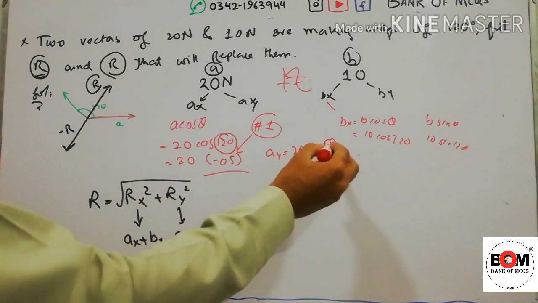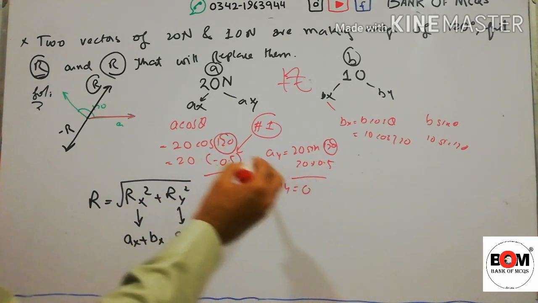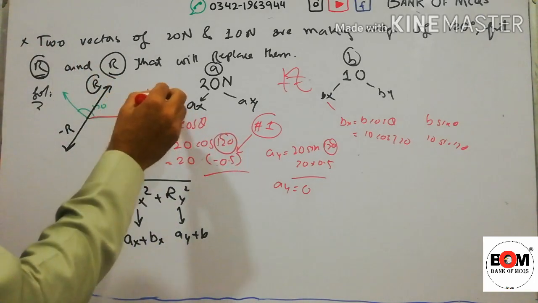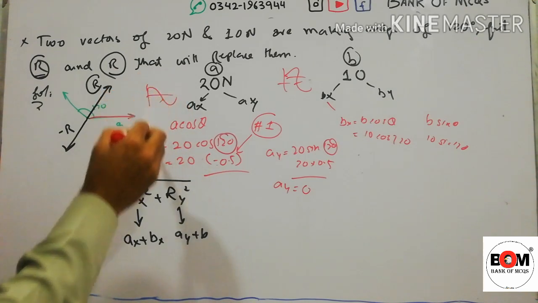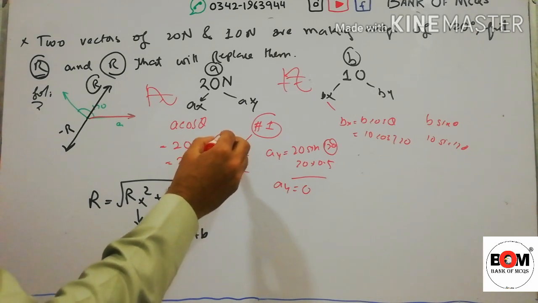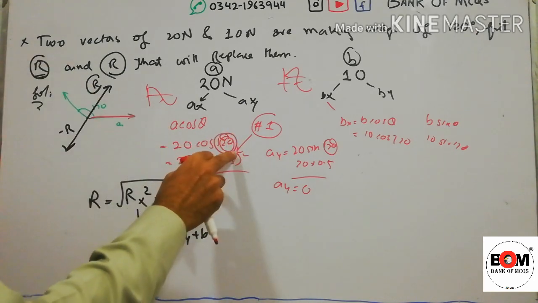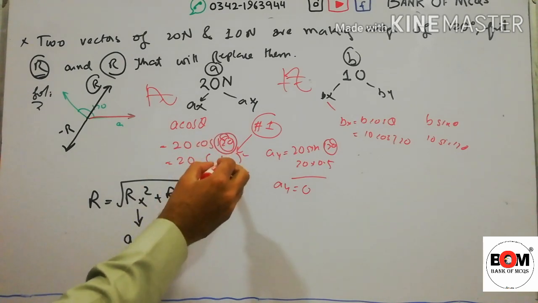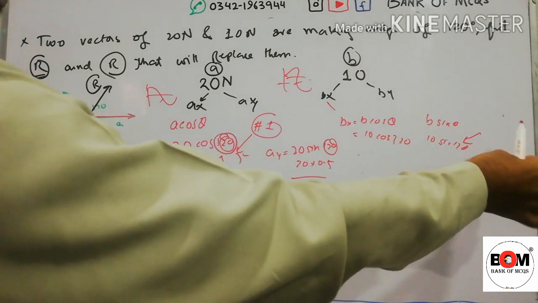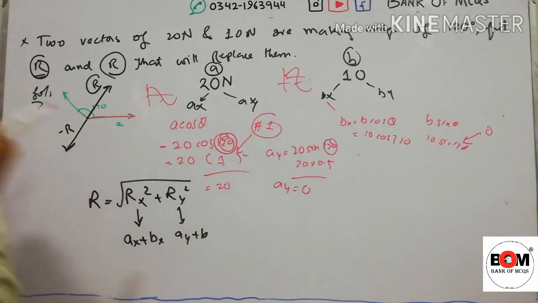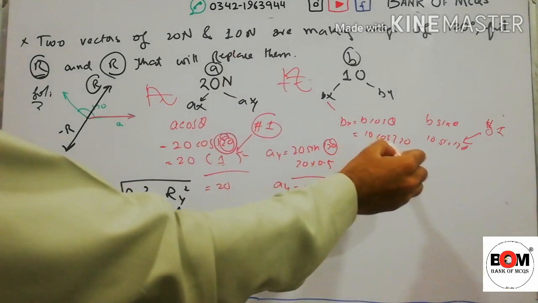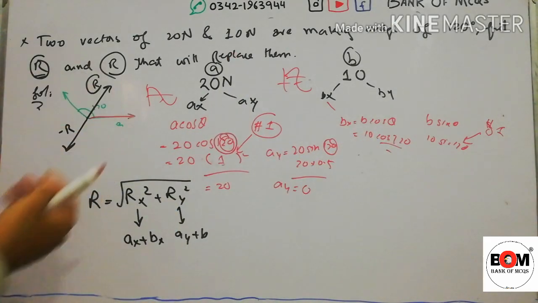So sin 0 is equal to 0, so the ay component will be 0, and cos 0 is equal to 1, and cos 120 is equal to minus 0.5. Since sin 0 is equal to 0 and cos 0 is equal to 1, we will put 1 here. So the answer is, for the 120 angle applied, how to put cos 120 and sin 120 and what their values are, I will discuss in chapter number 1. You can find it without a calculator, or I will write another lecture on this.